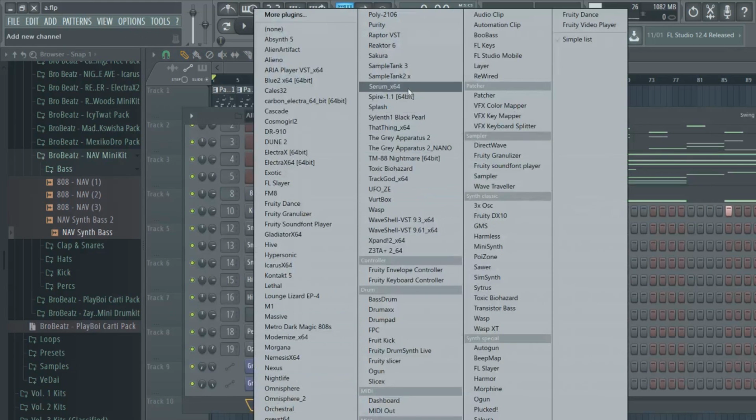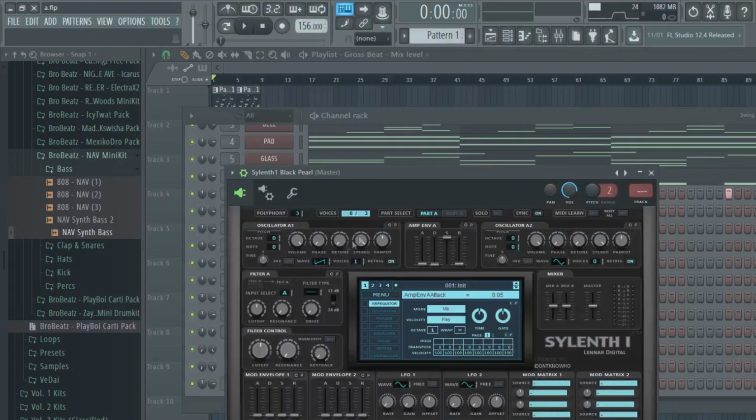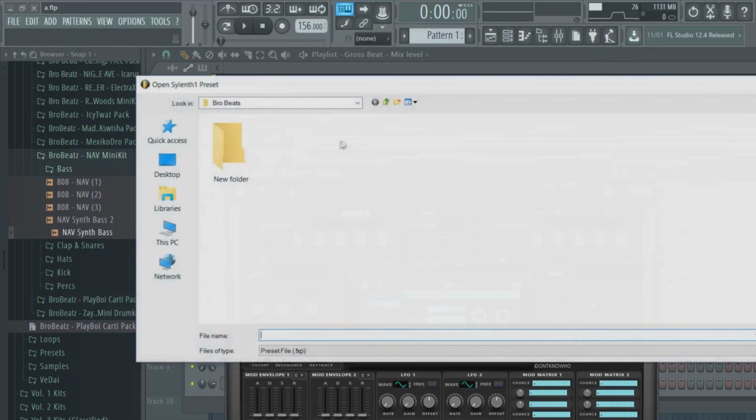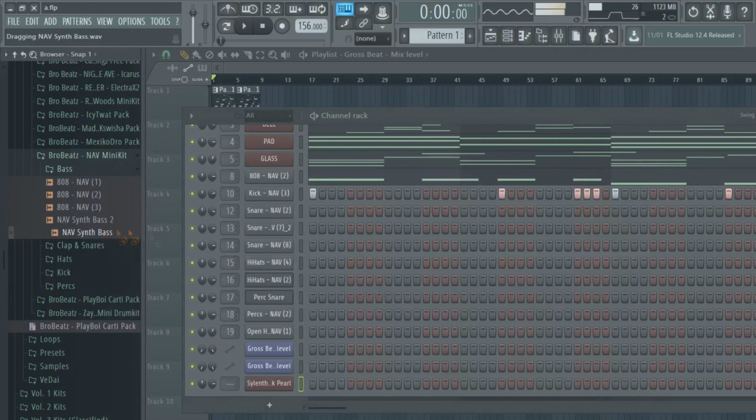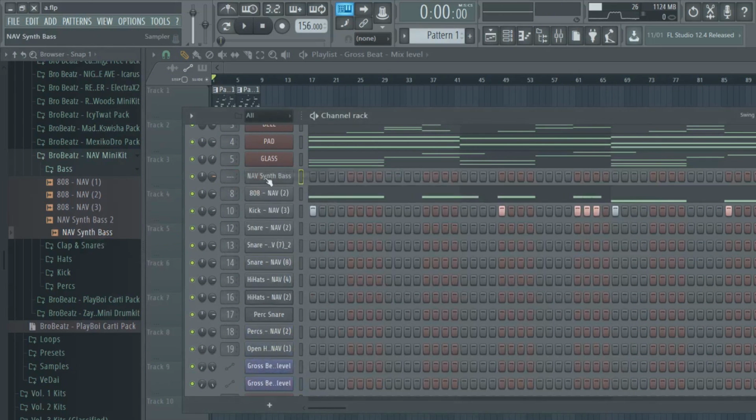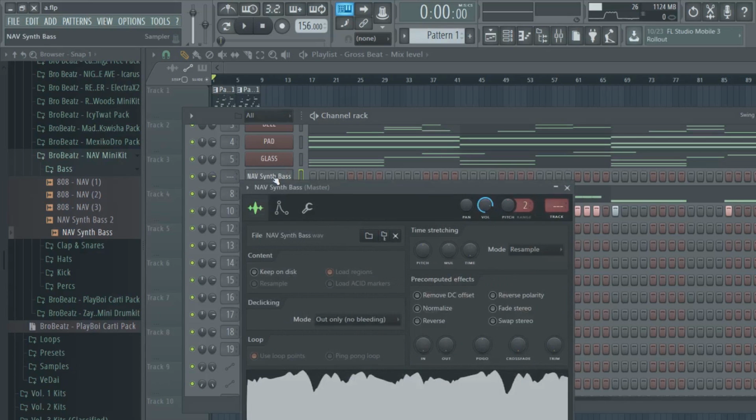I'm actually gonna open Serum, and hopefully it actually opens the. Nope. I hate when it does that. Okay, so we can just use this, I guess. I'd much rather have the VST for it, but I don't feel like going through and looking for the folder, because it keeps doing that. I think my settings are messed up, but whatever. All right, so